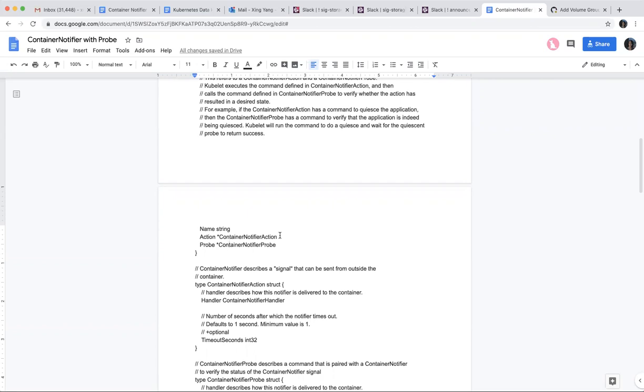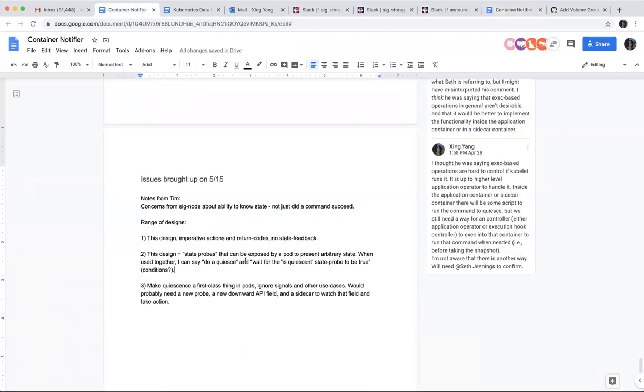Yeah, I don't even know if this one can address the concern or not. But that's what was called out last time, to have a probe, right? So the state probes, that's the option they want. I think it's not really what I want, but it's trying to address those concerns.